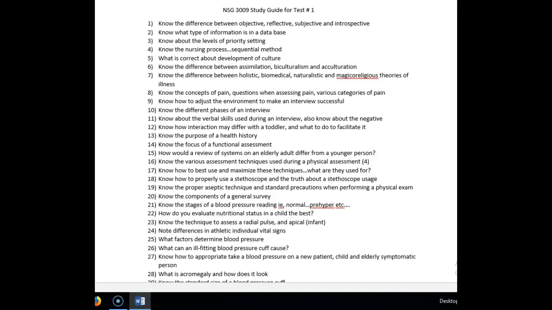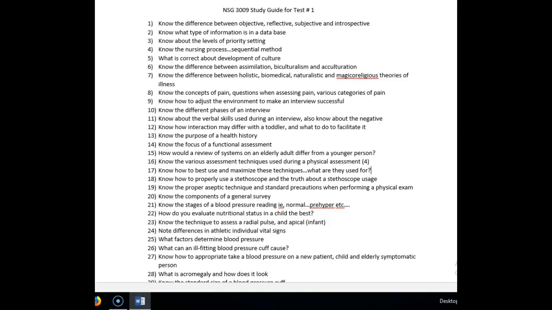I decided that I was going to record over the study guide, and you can follow along with the study guide as well as look up answers through your PowerPoint presentations as well. So I'll just start with